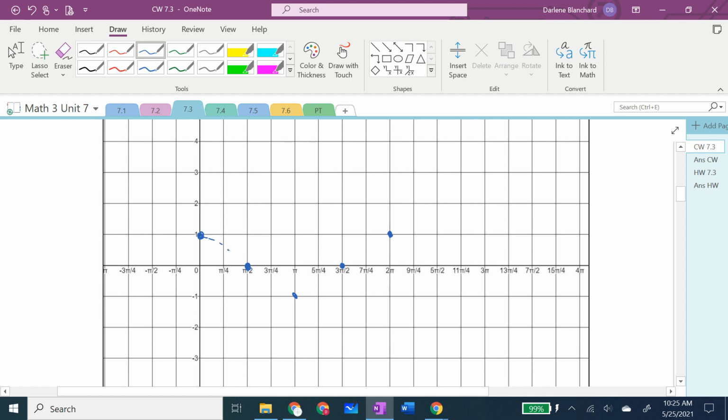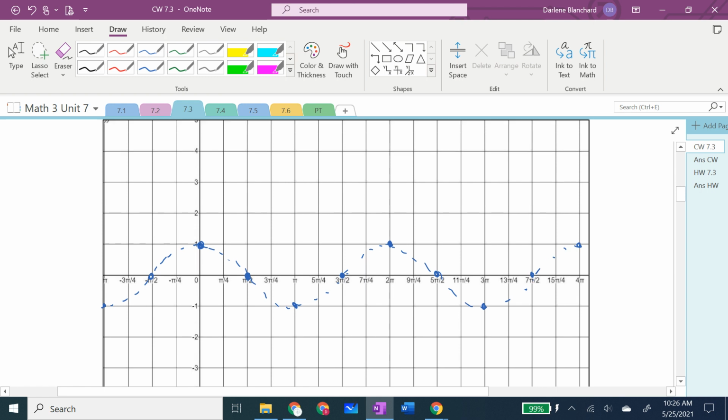So I'm going to do a dash graph of it. That's one cycle of my cosine graph. I'm going to continue it out and draw it all the way to the edge, both directions. So I'm going to go backward a little bit and go forward. Okay. Now,